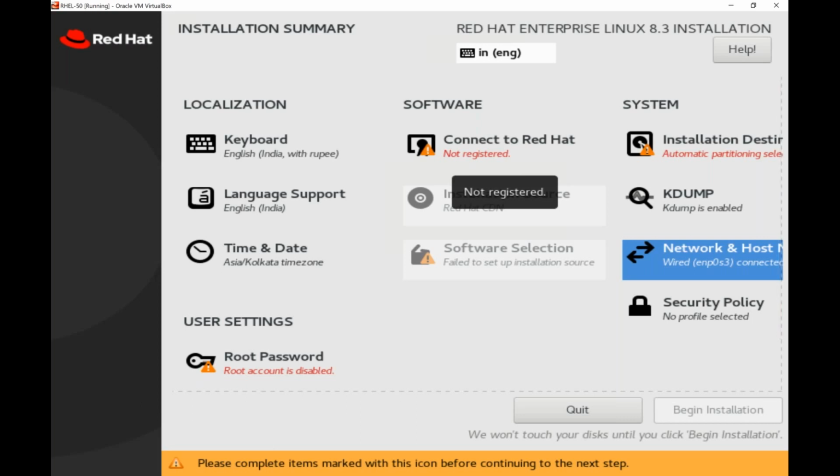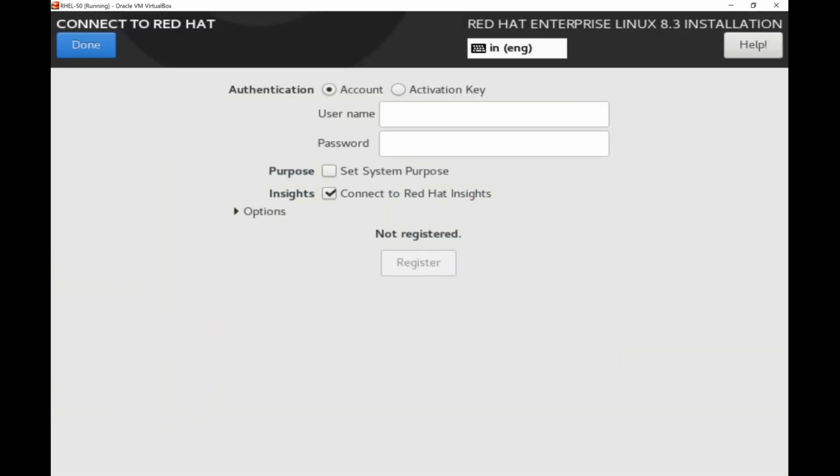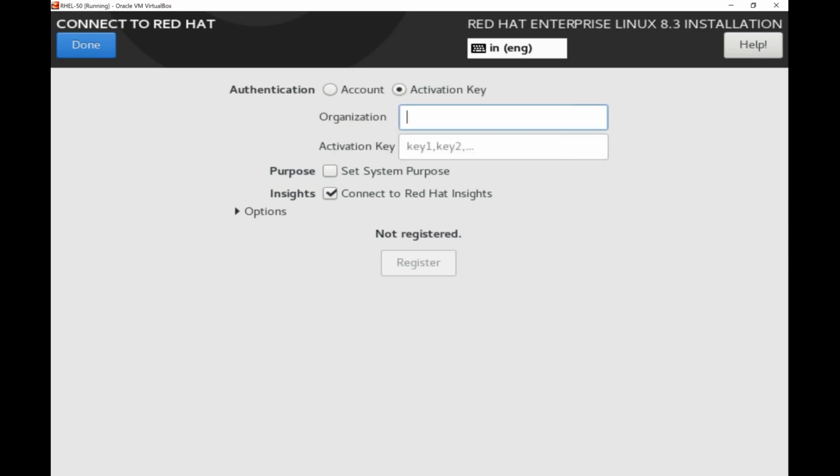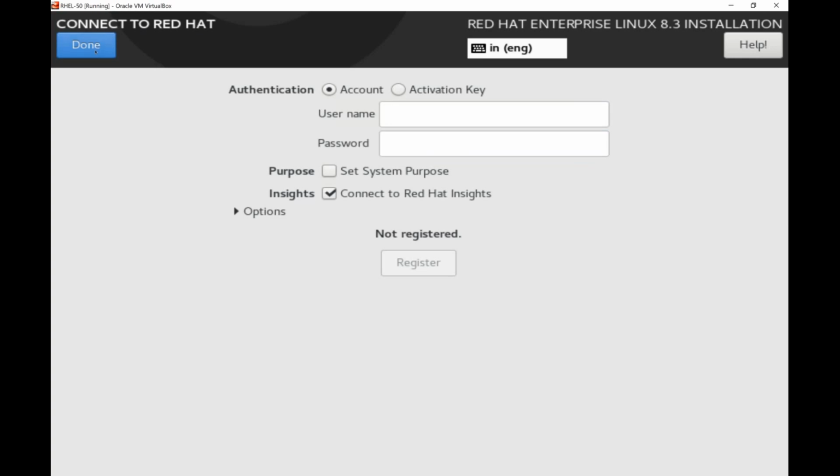So if you have a registration ID, like you must have your account with Red Hat, a valid account where you have purchased the subscription. So you need to give a username and password, or at least you have to give your organization name and the key provided by Red Hat. I don't have any Red Hat registration credentials, so I'm not going to go with the content delivery network, so I'll skip it back